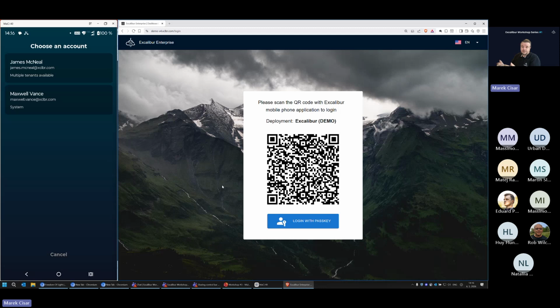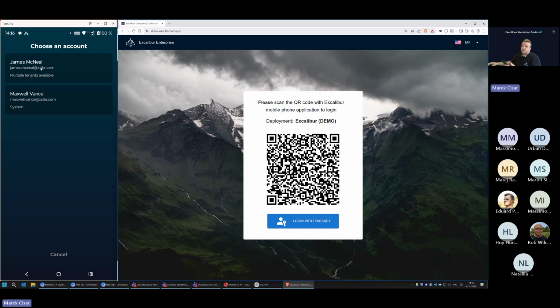Since my mobile application knows that I'm using multiple users, that information is listed directly on my phone screen. And also there is one important piece of information: the James McNeil user is able to log in to different tenants.